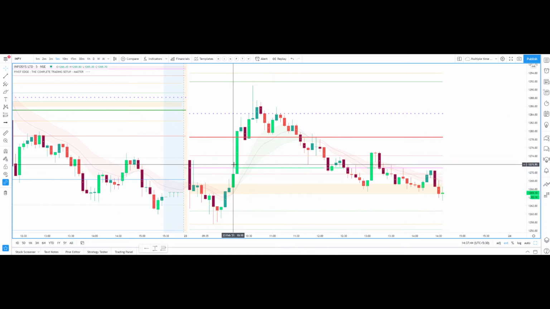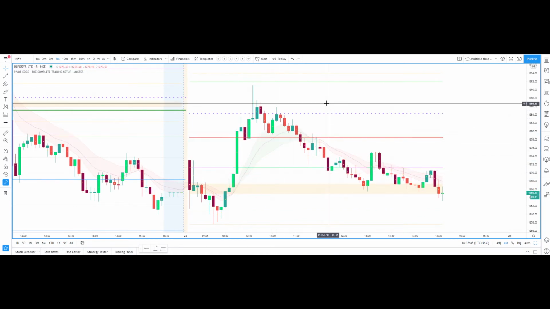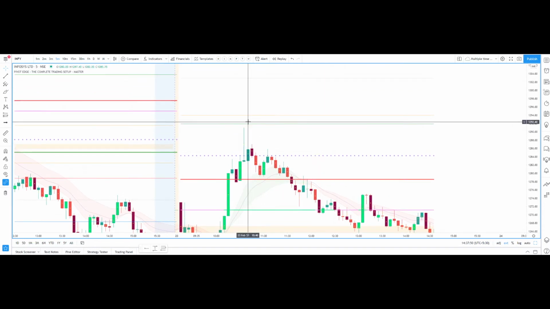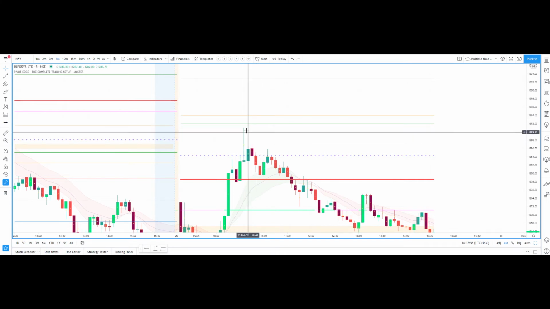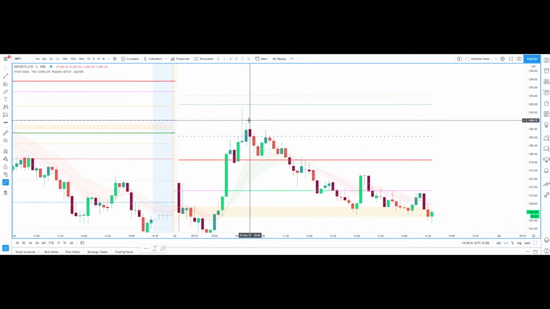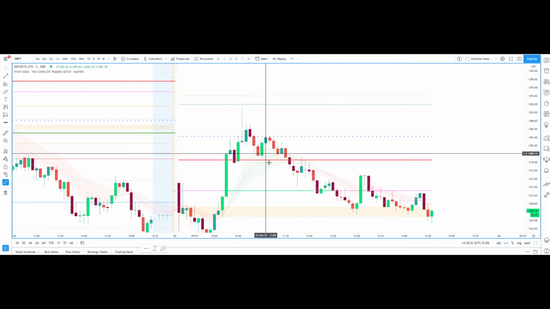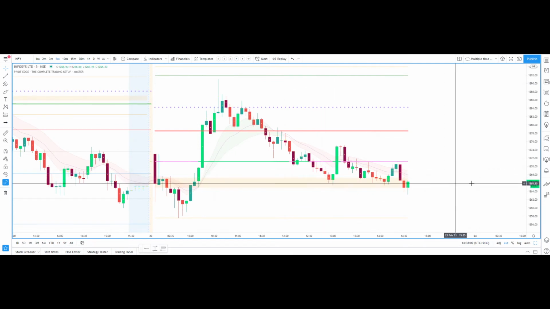See, target 1, this level would have been the target 1. Target 2 is your resistance area. Target 3 is your breakout level. So almost close to that level it has come. Once you see weakness or resistance at this breakout level, you can again go and enter a short trade here and achieve these targets. So up to the value area again it has come back.